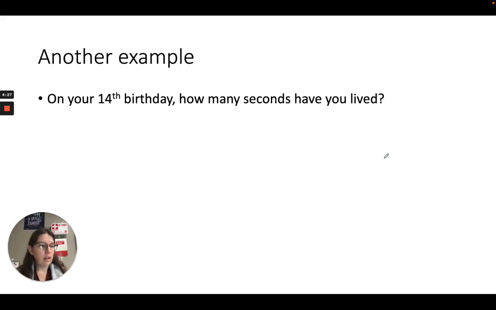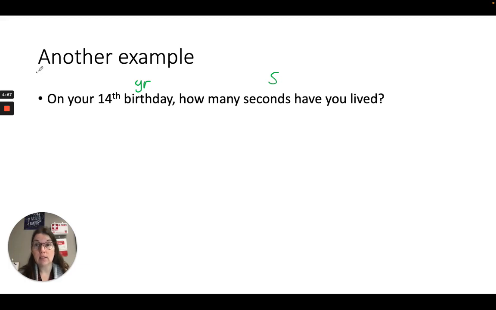All right, here's another example, and in this example we're going to have to use a lot of conversion factors. The question says, on your 14th birthday, and this is assuming this is like the minute of your birth, how many seconds have you lived? So we are going basically from years to seconds. And off the top of my head, I don't know any conversion factors from years to seconds, and Googling is not allowed. But I do know